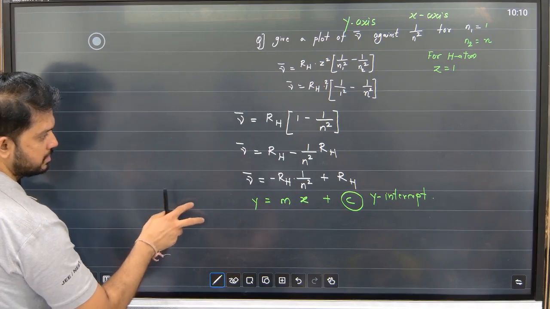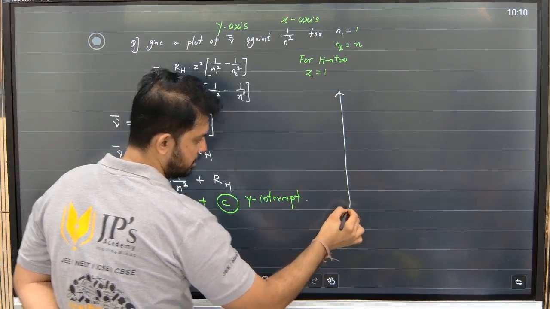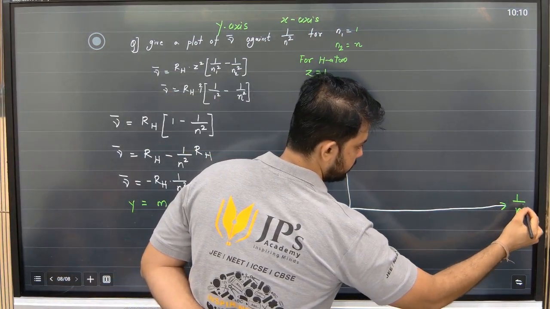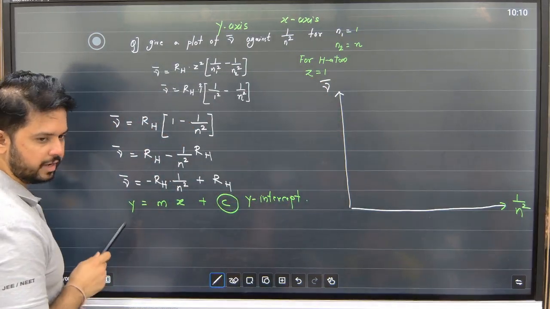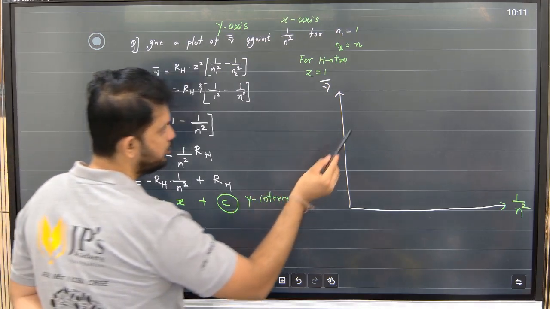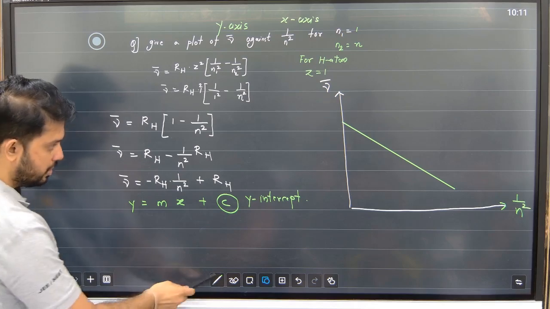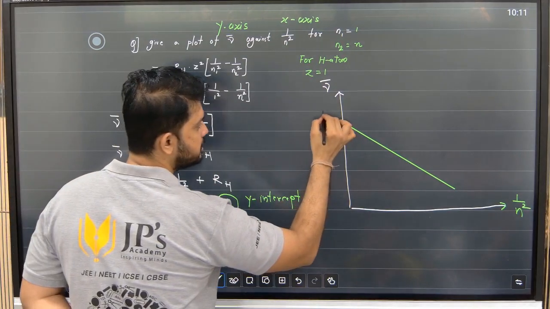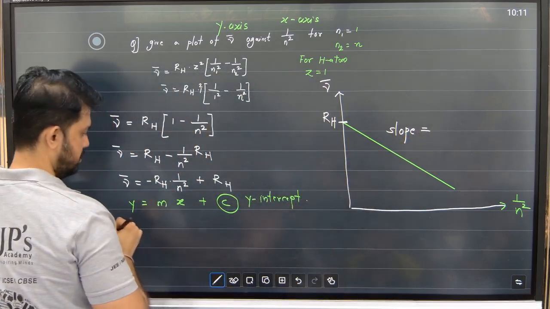Now can we plot this? So on the x-axis we have 1 upon n square. Y-axis is wave number nu bar. Is the slope positive or negative? For a negative slope, how will the line look? Very nice. The line will go something like this. Yes or no? And what is this? That is your y-intercept. And how much is the y-intercept, people? RH. And how much is the slope? Minus